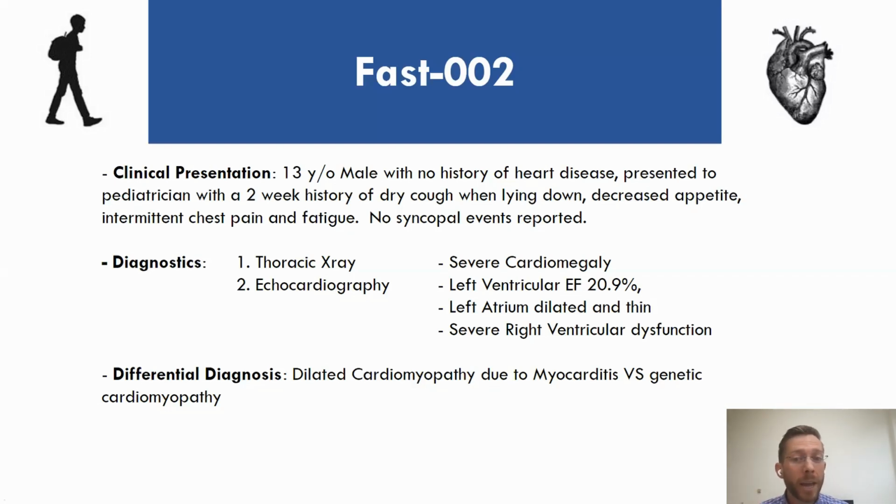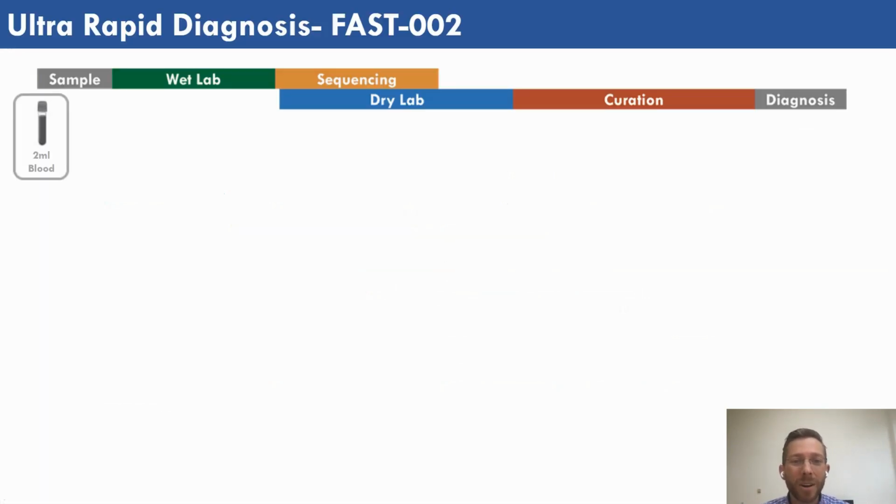Because if it's due to myocarditis, oftentimes these patients will get better with medical management. However, if it's genetic cardiomyopathy, these patients will experience rapid decline and oftentimes need extreme or pretty invasive intervention in order to save them. So we decided to enroll this patient into our study,